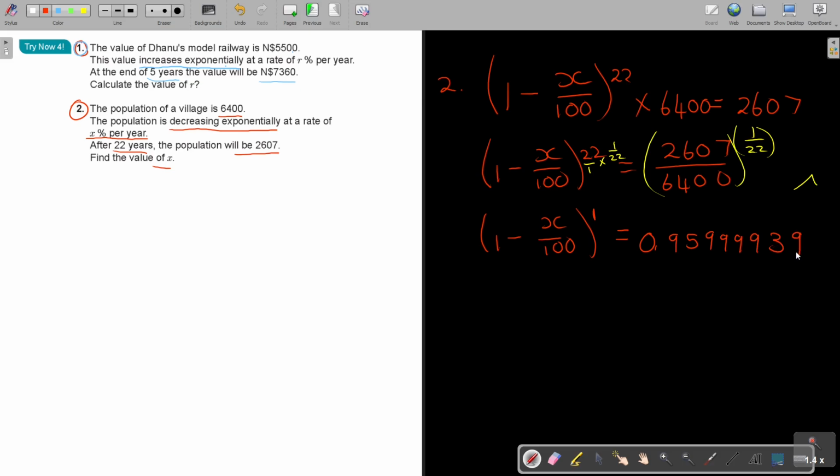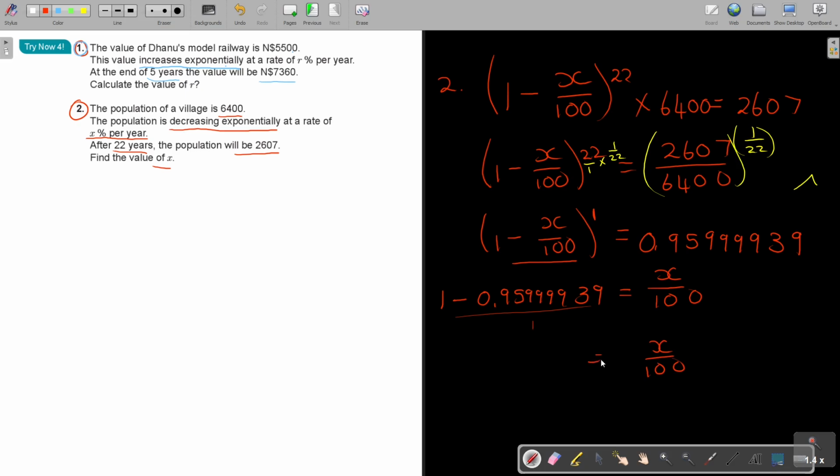And now because it's, so rather take that to that side. Do you see? So I take the x over 100, and then it's going to be 1 minus, this one goes over, 0.9599939. And then, put it over 1, I'm going to cross, okay, so I'm going to get x,